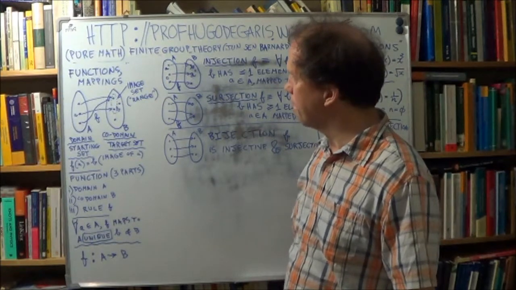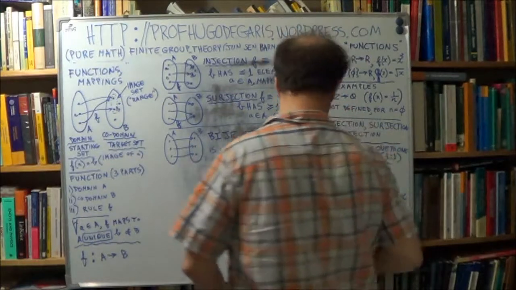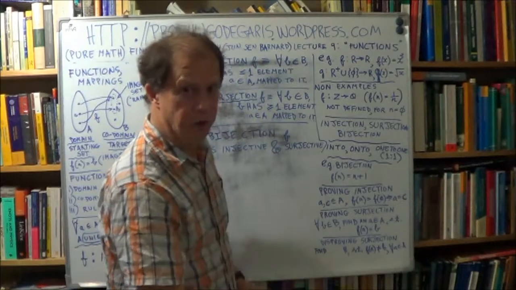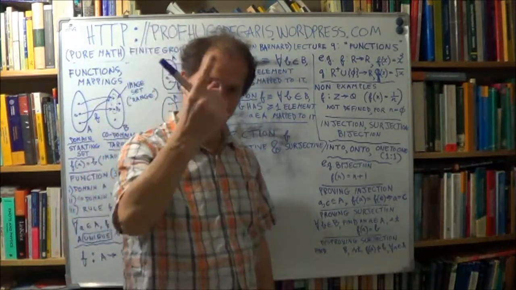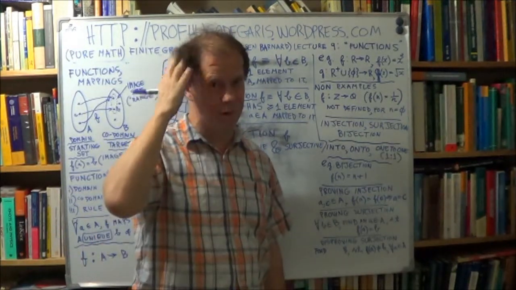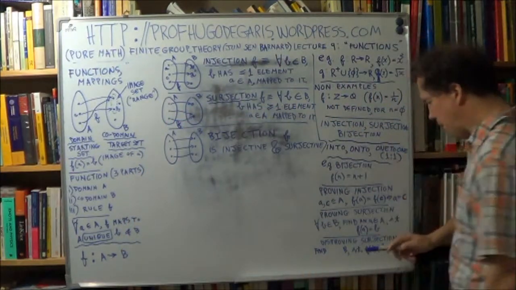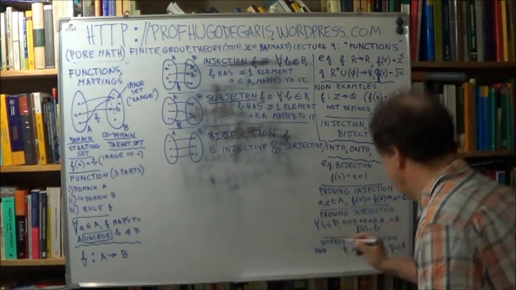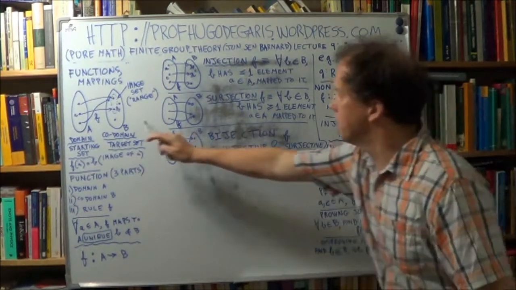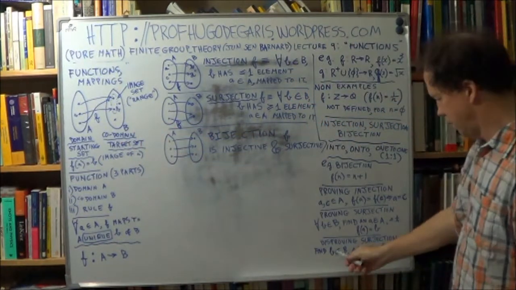Okay. So to prove that a candidate function is not surjective, is not onto, all you have to do is just find one element that's not mapped to. Okay, so it's a pretty simple concept. So here, find an element of your codomain. Find an element here, like this one, so that